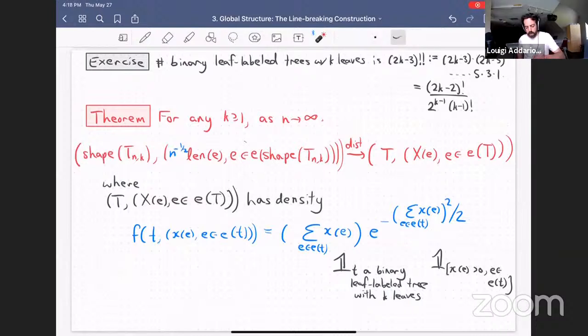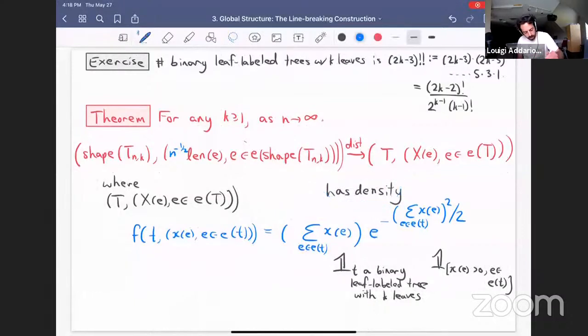Someone also asked in the chat, what are the XE? I should say that this pair consists of a random tree and then a vector of random variables. So it's a random